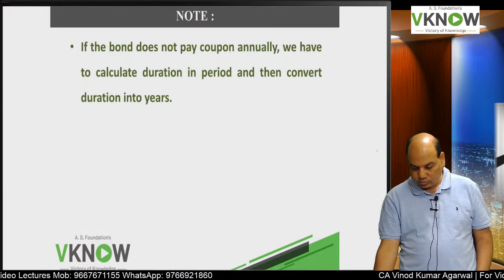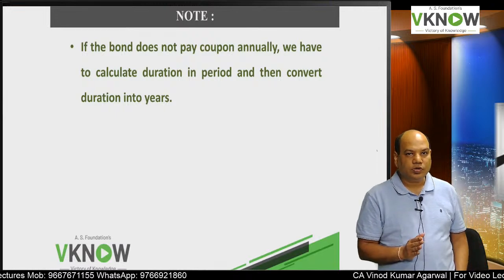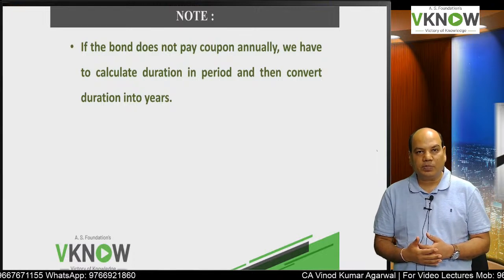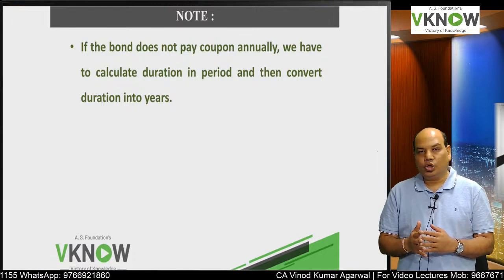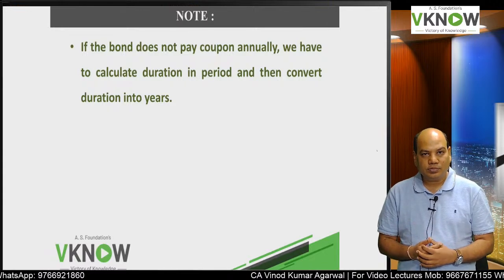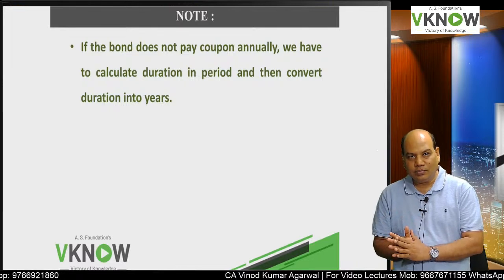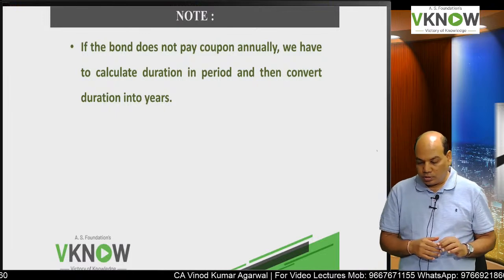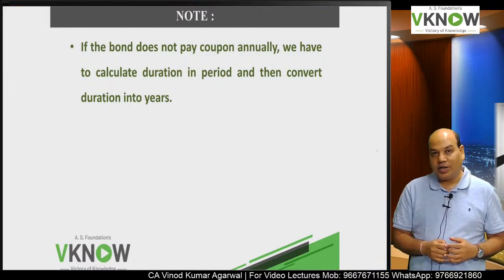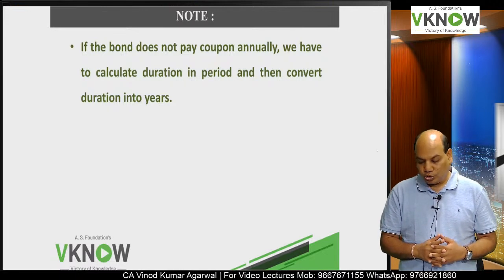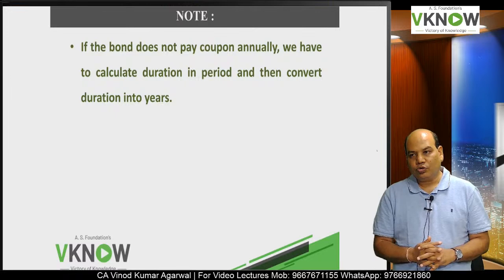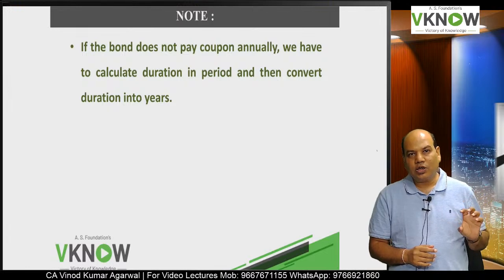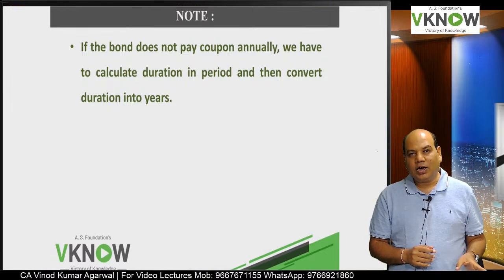Now we have solved the question which was annual coupon paying bond, but there can be question of semi-annual coupon paying bond. Then your duration will also come in semi-annual form. We have to convert into annual. Okay. So if the bond does not pay coupon annually, printed in the notes, we have to calculate duration in period and then convert duration into years. So in case semi-annual bond, quarterly coupon paying bond is given, first to calculate duration in periods and then convert